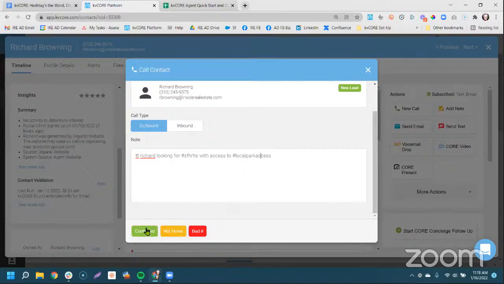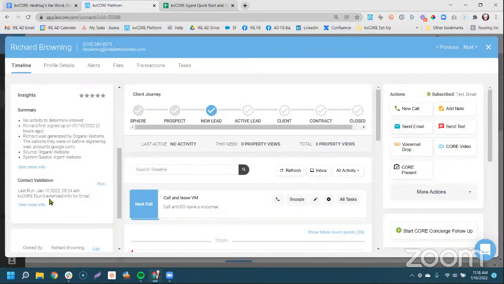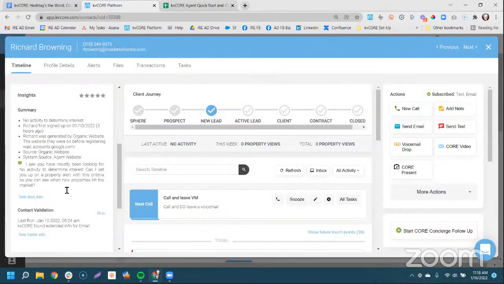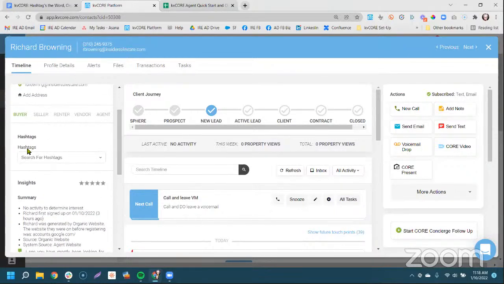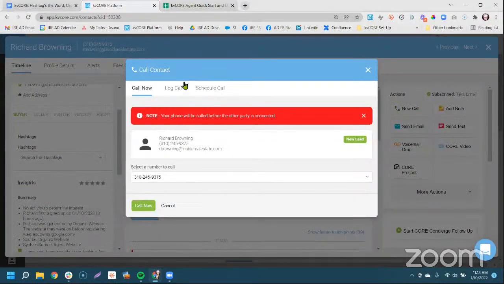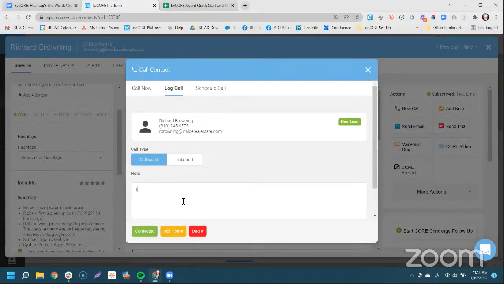When I add this in here and click contacted, you're going to see the single family home for Ridgefield High School and local park access get added to this record and added over here on their hashtag list over here in Insights. So let me go back in there. Just add in notes.